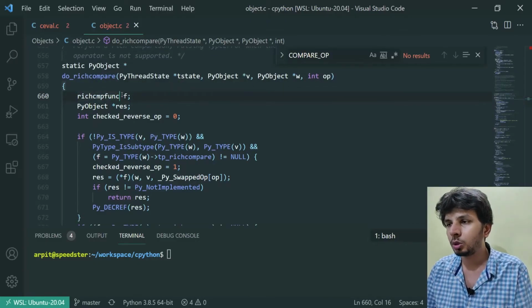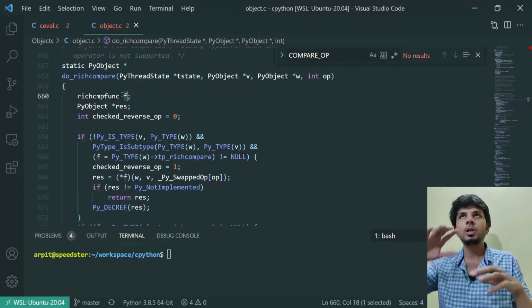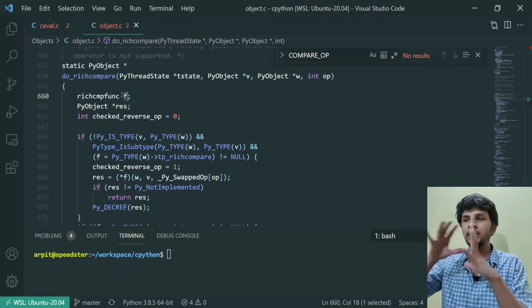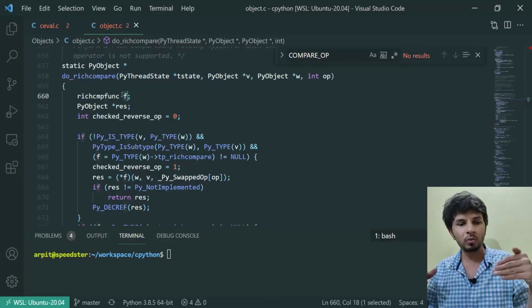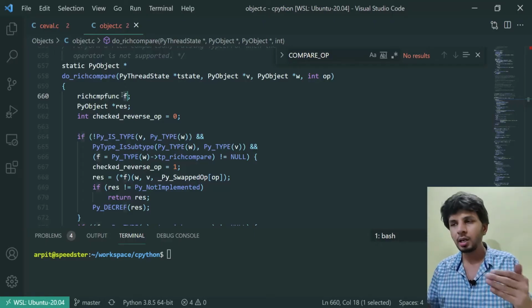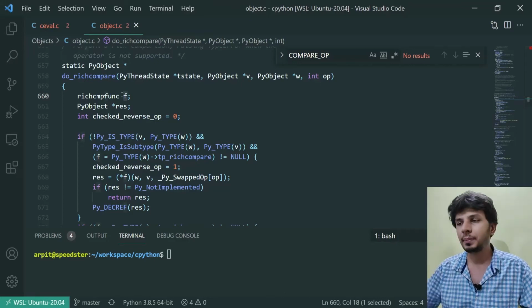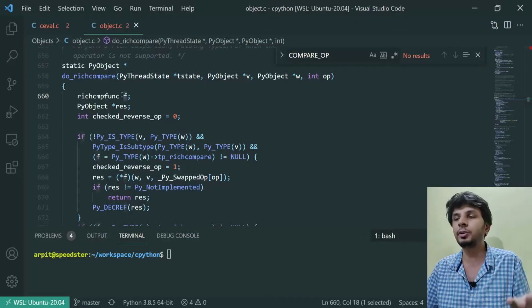So this is how Python handles it. It must have implemented a function with the same signature for all the types that are there, and depending on the type passed to this function, it would call the corresponding compare function of that particular type. That is the intuition behind it.